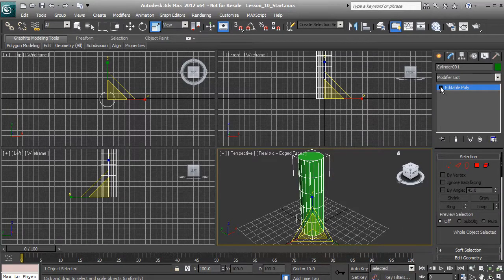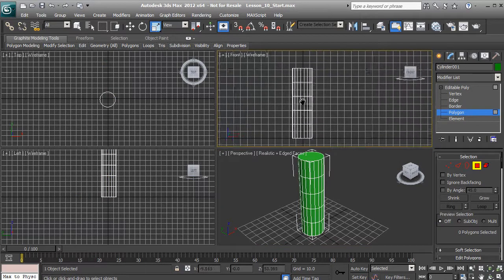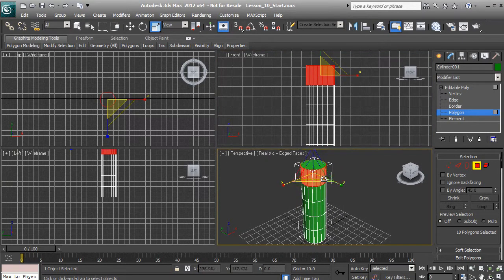Now you can see that this is an editable poly piece of geometry, and now we can access polygon mode. So what I want to do is go to my front view, and I just want to go ahead and select just this row of polygons. I'm just holding down my left mouse button and doing that marquee selection. So what I've done is selected just this top row of polygons here, and we're going to go down to